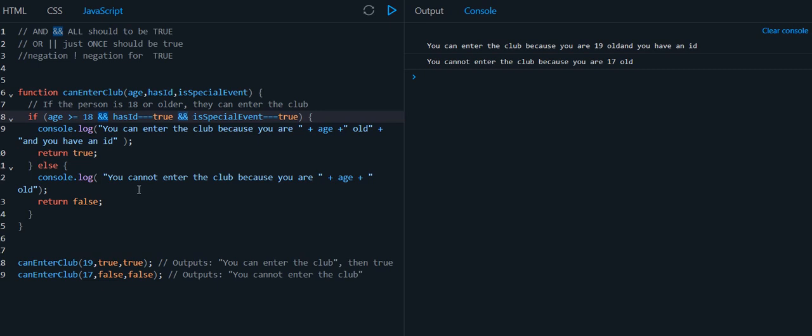Okay, but I want to use now the or operator. I want to use the or operator, and let me show you how to do this. Let me modify this. I will delete this condition, and